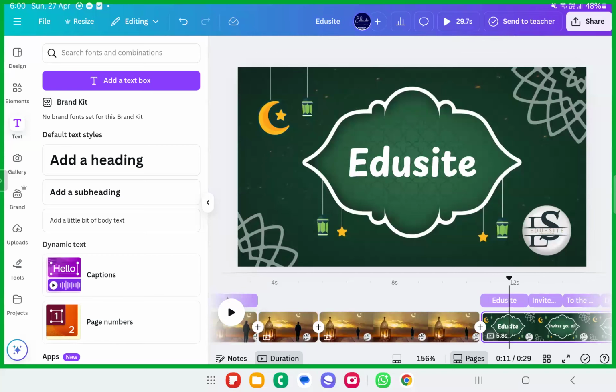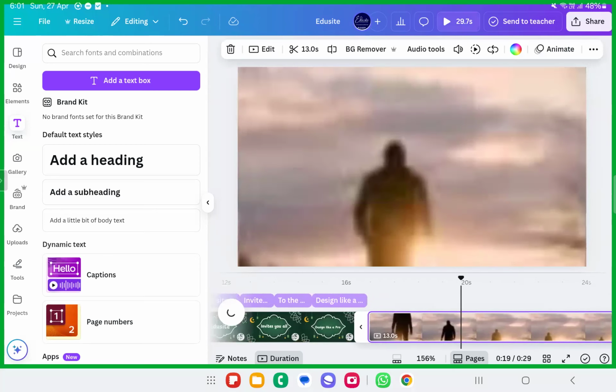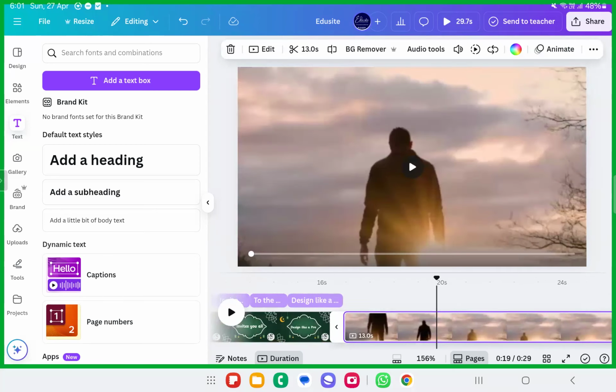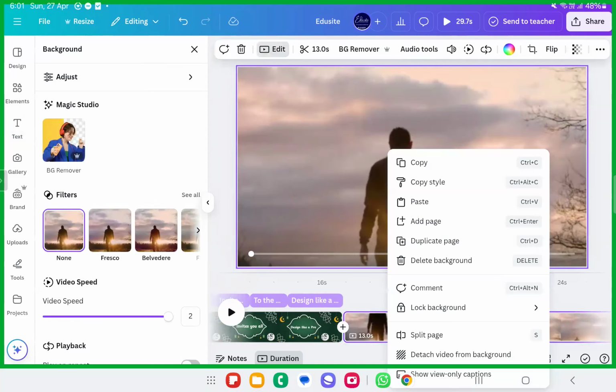So the timing set on the video is understood. Trimming and splitting is understood. Extracting the audios. I want you to learn how to extract the audios. For example, think that this is a video given by the client, and you want to extract the audio out of it and delete this one. So what you'll do? You'll take this video, click on three dot button, right click on it, and there's something called